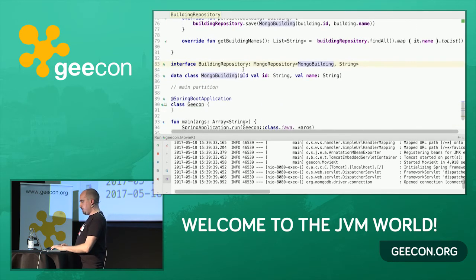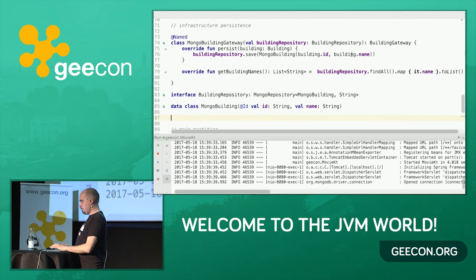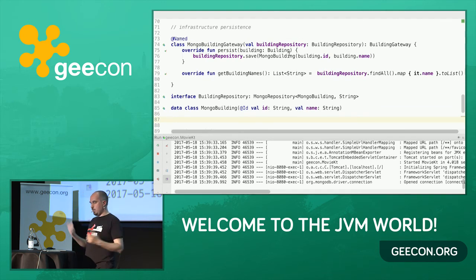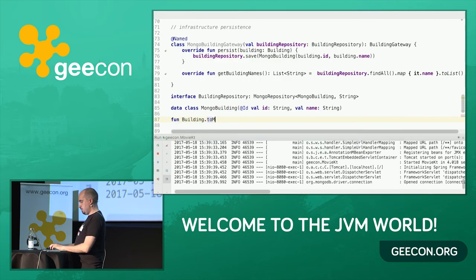In that case, it's very interesting to know that now I'm doing here Mongo building, I'm making a new one, and I actually am telling something what to do, and I'm not asking my model to get itself into a Mongo representation. Problem is, my domain does not know about the fact that it's being persisted by a Mongo. With Kotlin, you can do that. You can make extension methods. So for example, if I make a new function on my building, I'm saying, okay, I have a new method to Mongo, and I'm returning